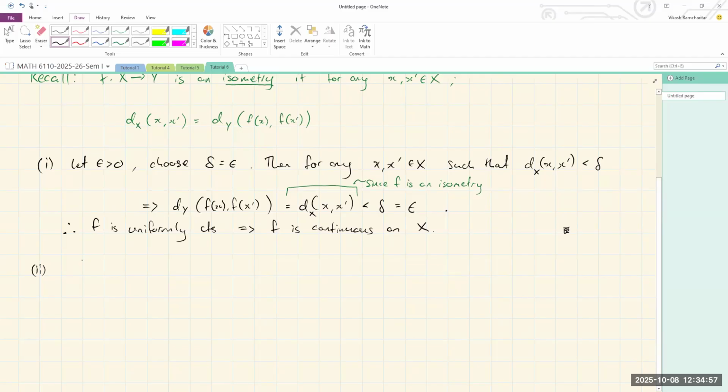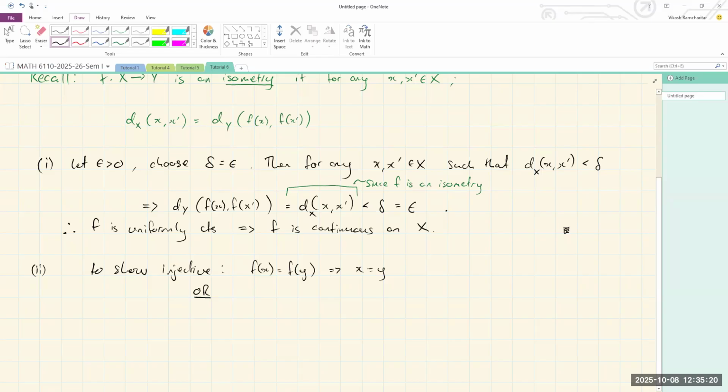Another way we could show it, so let me just write down. So to show injective, we could either do: suppose f of x equal f of y, and then we need to show this implies x equal to y,